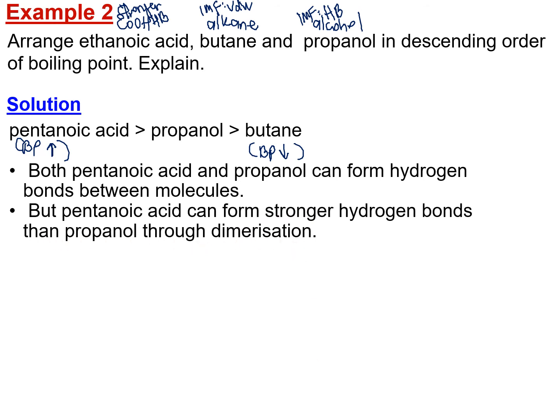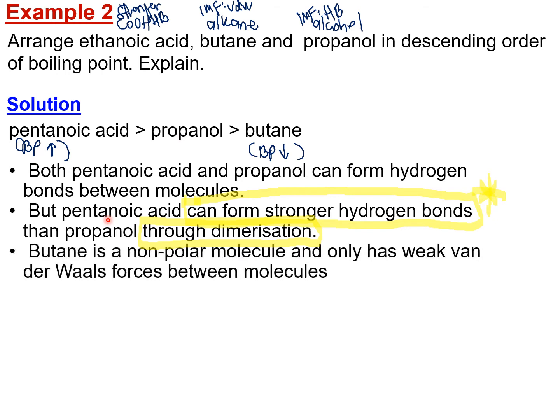Okay, ayat ni sangat penting. Dia boleh form stronger hydrogen bonds through dimerization. Ayat ni sangat penting ya, dicari-cari oleh examiners kalau let's say keluar soalan yang macam ni lebih kurang. Okay. So kenapa carboxylic acid ni dia boleh form stronger hydrogen bonds compared to alcohol through dimerization? Inilah yang menyebabkan hydrogen bond of carboxylic acid ni lagi special compared to alcohol. Okay, although dua-dua ni ada sama intermolecular forcesnya.